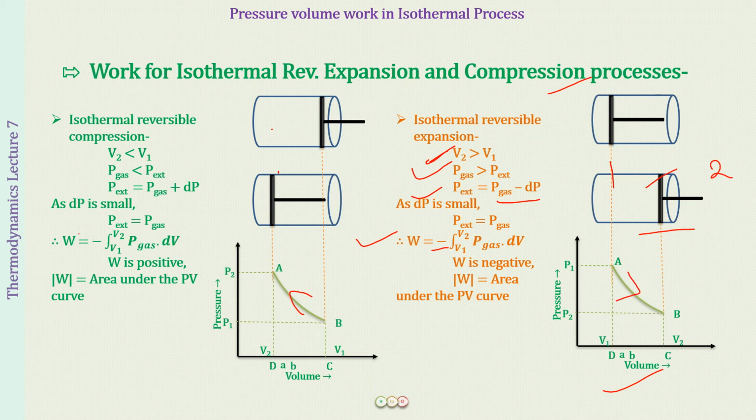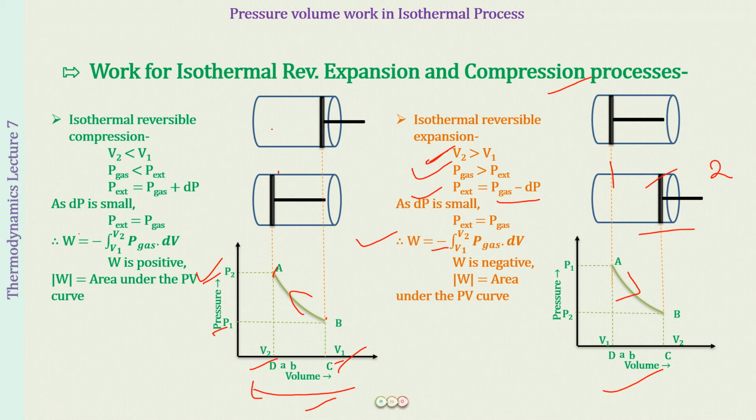Okay, so at B the pressure was P1 and the volume was V1, and this V1 is decreasing to V2 when it reaches point A and the pressure becomes P2. So here the volume has decreased, so this is compression, and the pressure is going to increase, because we know that P1 V1 will be equal to P2 V2 at the same temperature, and we will be getting a reverse hyperbola graph according to Boyle's law.